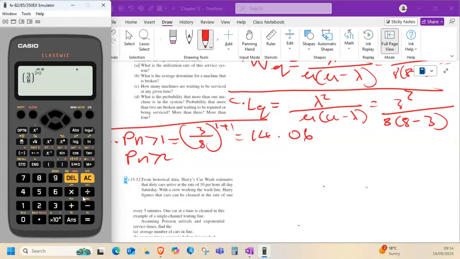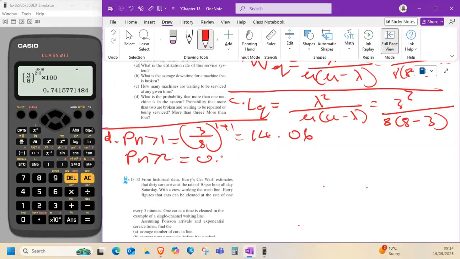Okay, the best thing is to edit 100 there and there. Okay, immediately we're going down. Wow, equals 0.74. Right. Then when there's P(N > 3),